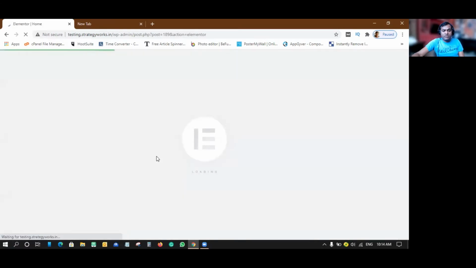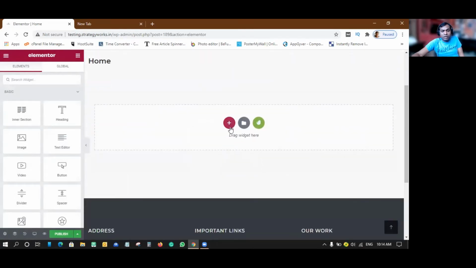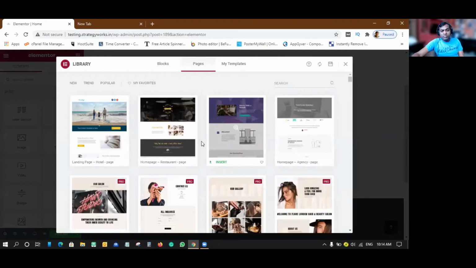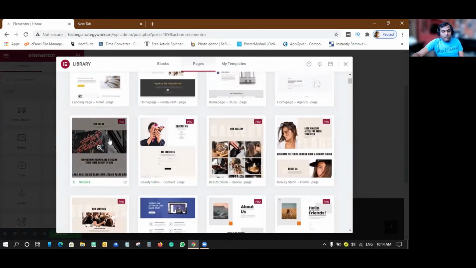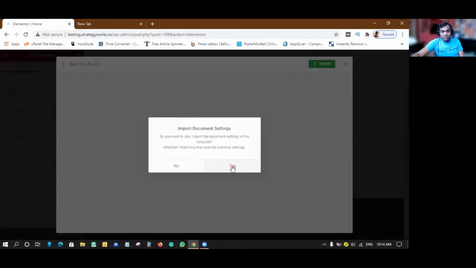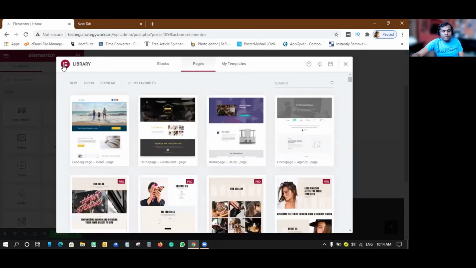Now once you click it here, it will open your Elementor. In the basic Elementor, when you've installed it, you are seeing only these two icons: the plus button, which helps you in adding your section, and this folder icon, which helps you in getting the templates from Elementor. So please understand, when you come to this place, you will find some basic templates, but the pro ones, whatever you see, you won't be able to use because it will expect you to have the pro version, which we do not have as of now. In that case, you can close it